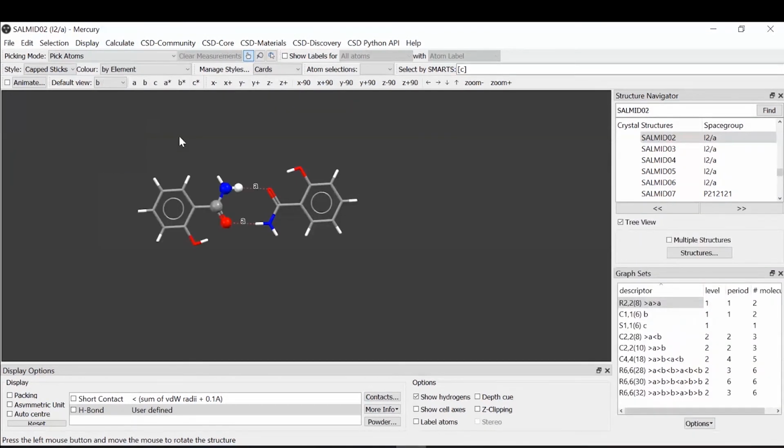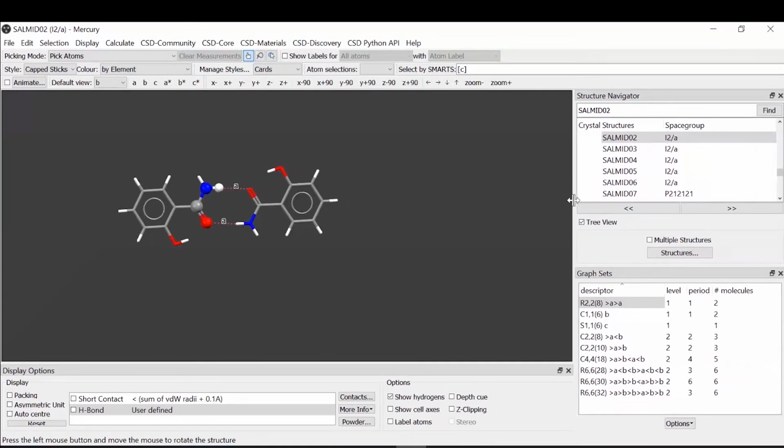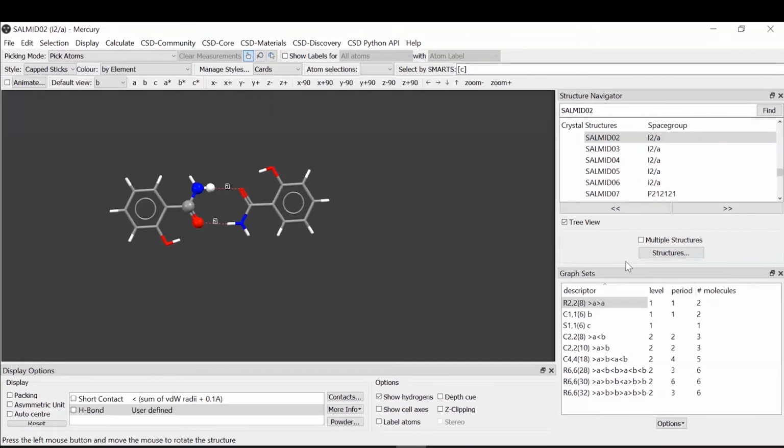Okay, so to show the graph sets, we need to go to calculate. As you can see, a number of things have happened. So we have a new graph sets tab here at the bottom right, with a number of descriptors. This first one is highlighted, and a second molecule appeared with some atoms in ball and stick and some letters over the hydrogen bonds. So we're visualizing the R228